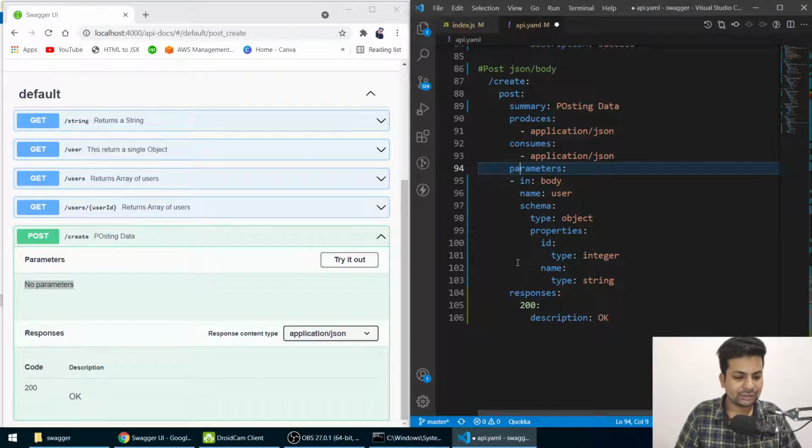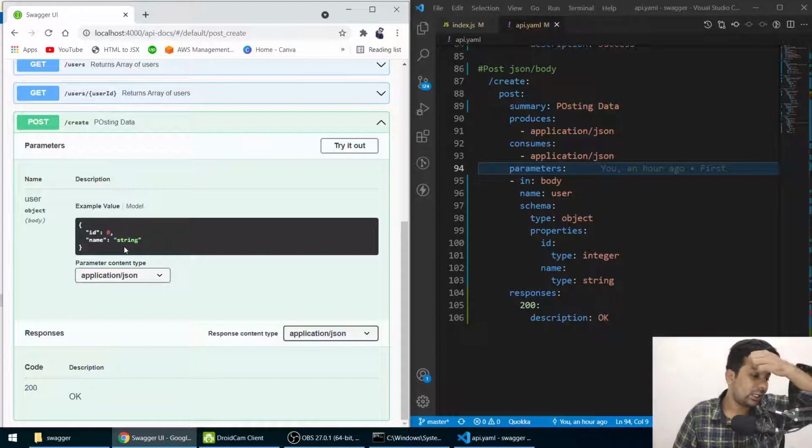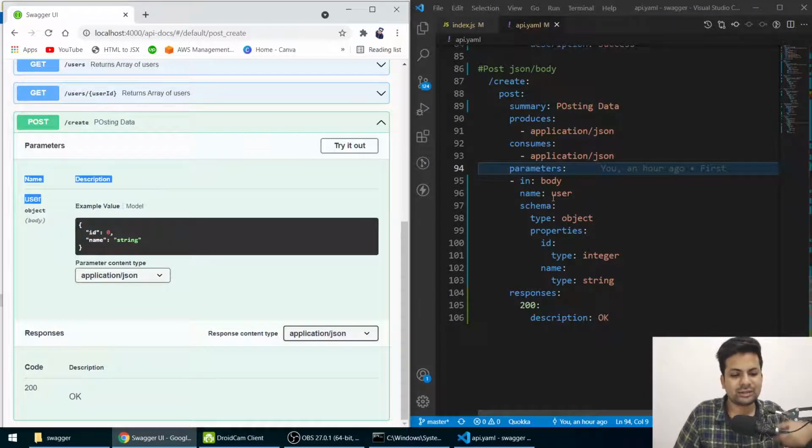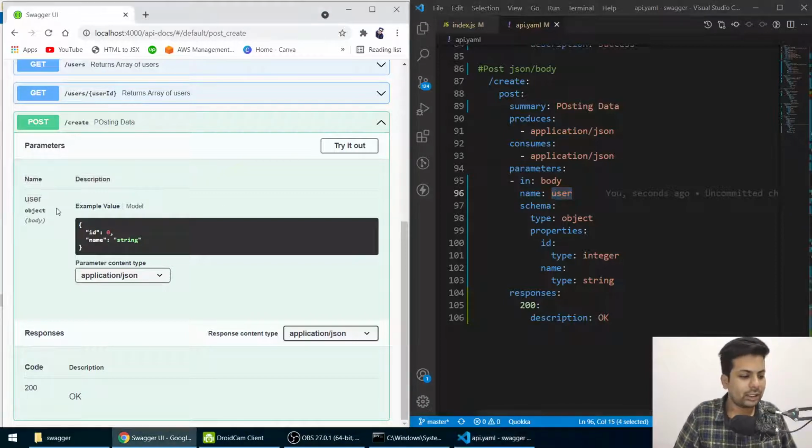So let me save it and reload this. See, now we got how the data will be sent, in the body, a name user, a normal username, inside a body, and id 0, name string. So that's the most freaking part of Swagger documentation. You don't know where the error is coming from. You just shave your head like this.